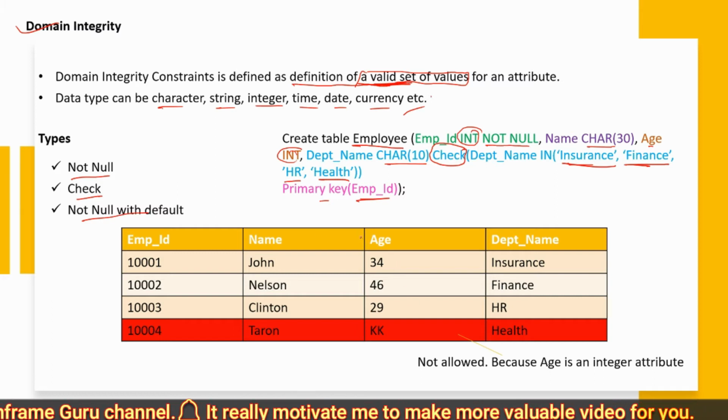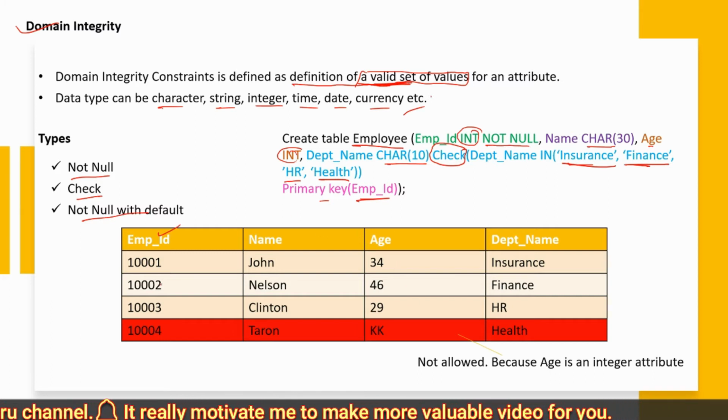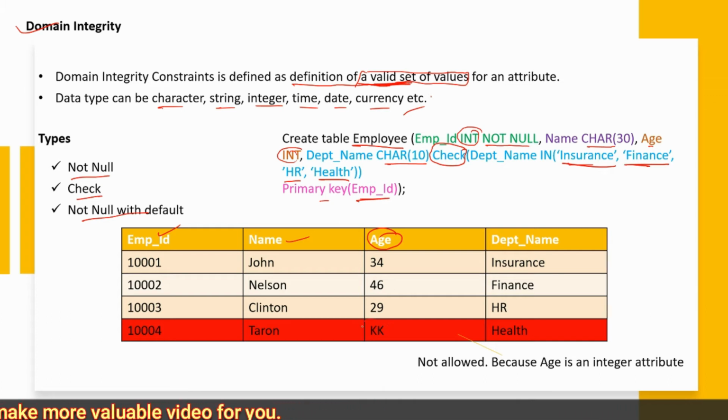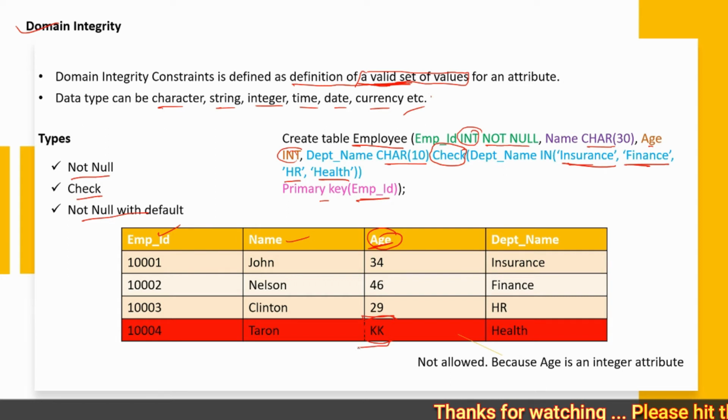And here, for example, there is employee id, we have entered every data correctly, and the name also. But in case of age, when we are going to enter the record with the data kk, it has not allowed this record to be inserted into the database, because age is an integer attribute, but we are entering the character data type, so it is not allowing to enter this record into the table.